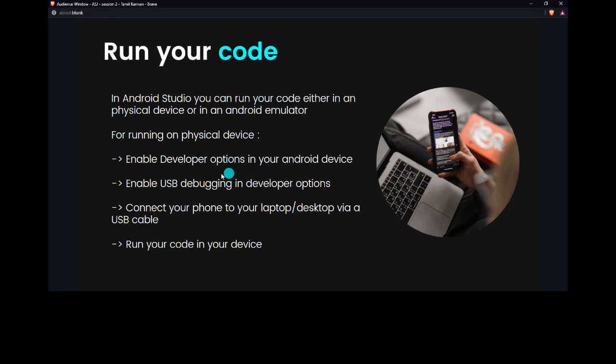So USB debugging is the thing. By using this, you can install any application from your PC. It is recommended by hackers. It is recommended by security persons to disable it, because if you are charging your device in